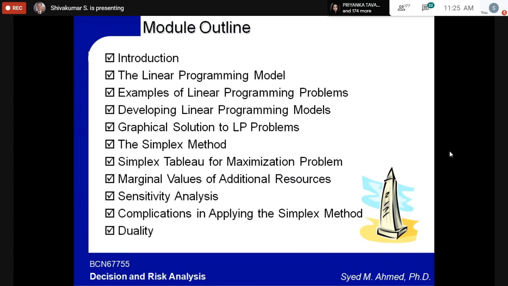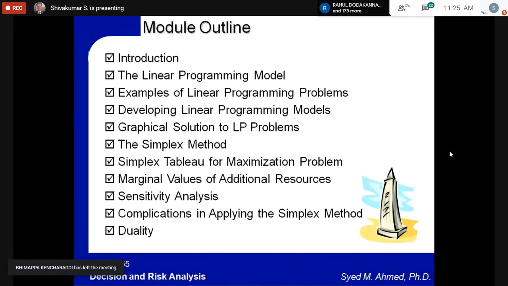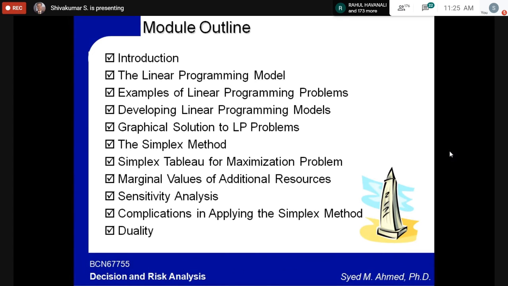Okay. So this module consists of introduction, LP model, examples of linear programming problems, developing the linear programming models, graphical solution, simplex method, simplex tableau. You have to make a tableau for an execution problem. And of course, the last things, that is marginal values, sensitivity analysis, and the complications in applying those,